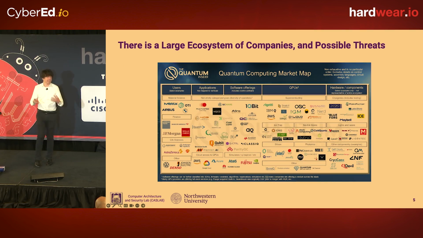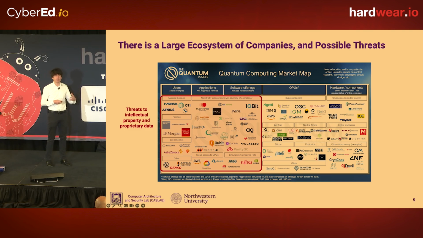And again, as a bit of a motivation, quantum computing is becoming quite a big ecosystem. This is maybe a year or two old picture, but it's not just IBM and a few people making quantum computers. There are a lot of companies, like Wells Fargo, JP Morgan, AstraZeneca, who do not own quantum computers, but are developing quantum algorithms. That's one of the motivations for the research on security: there's a lot of intellectual property and proprietary data that will be executed on the quantum computers. Unfortunately, this gives attackers some motivation.